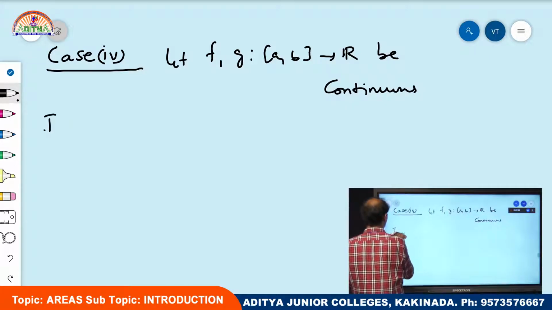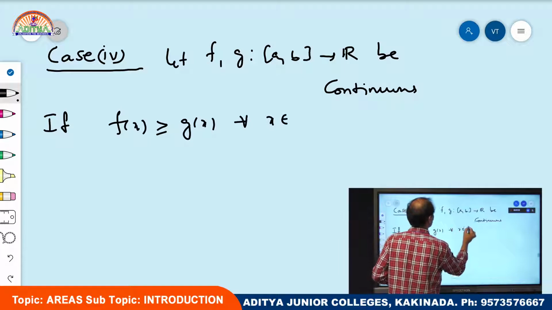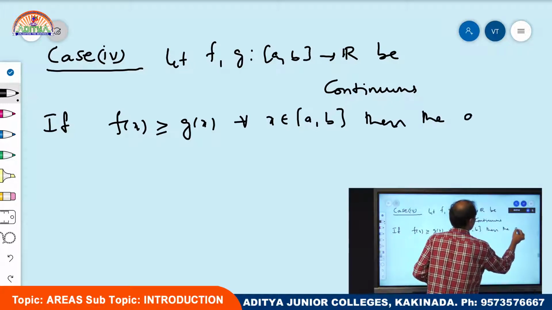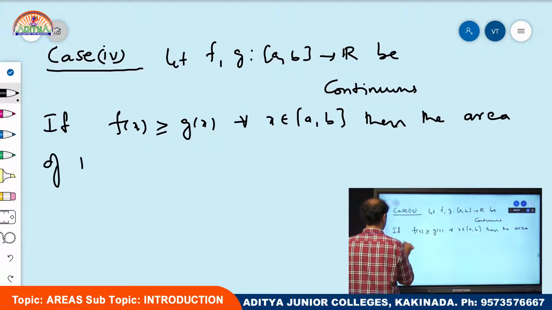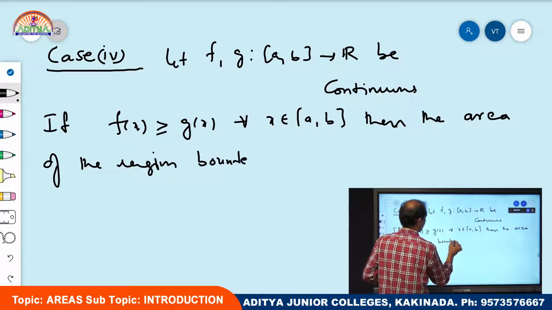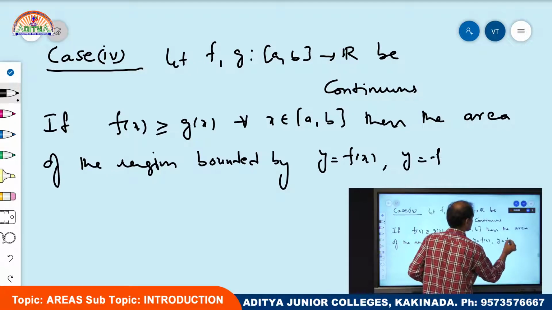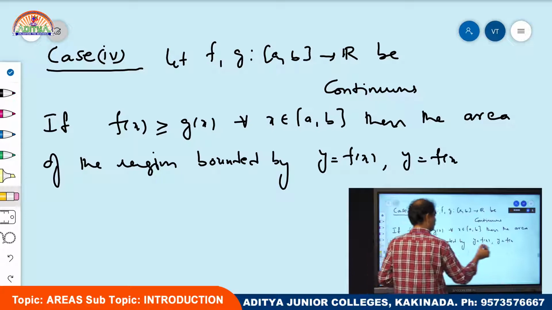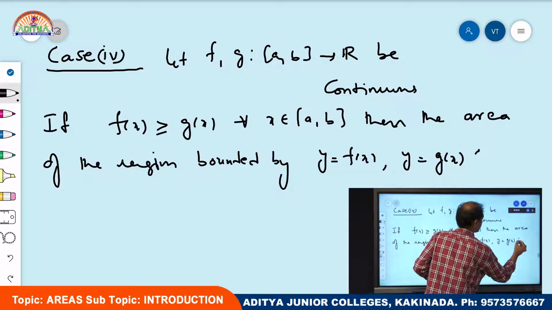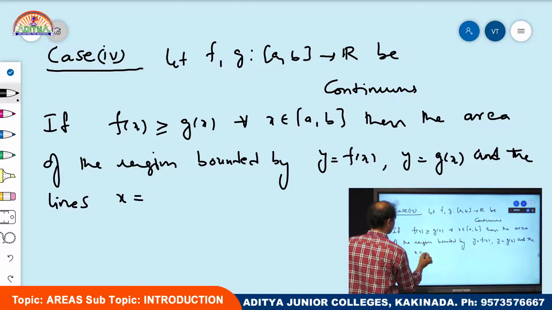Okay, if f of x is greater than or equal to g of x for all x belongs to closed interval a comma b, then the area of the region bounded by the curves y equal to f of x, y equal to g of x, and the lines x equal to a and x equal to b